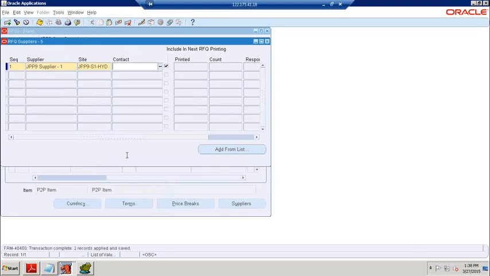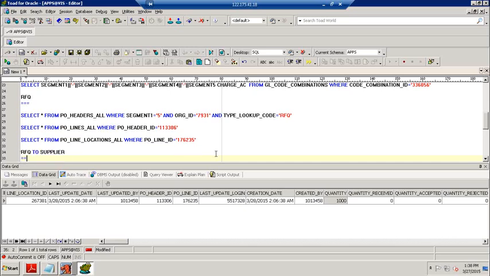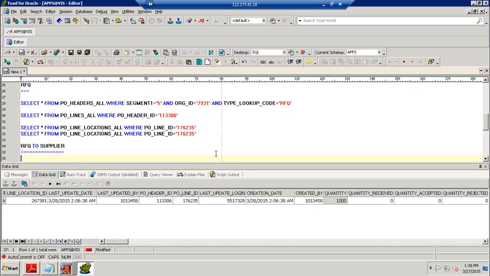Save the records. So this information is going to be stored in RFQ to supplier. What is the table? PO RFQ vendors.